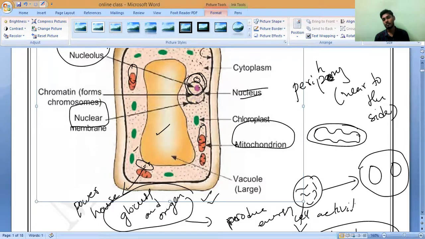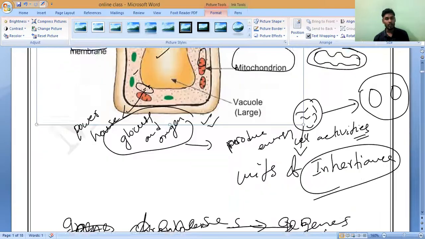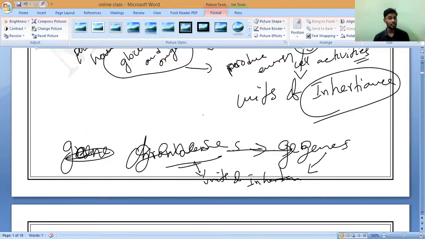So they play a major role in energy production. Major role. If not, energy cannot be produced. Not photosynthesis,